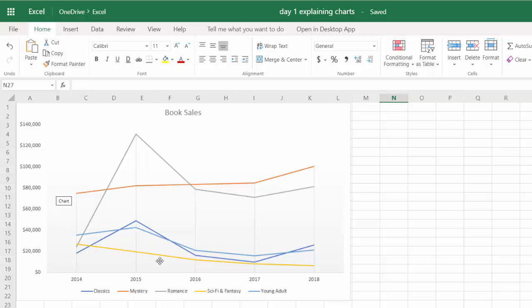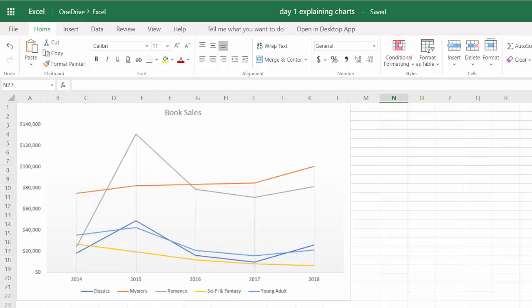And then in 2016, did sales go down? Yeah, a lot of them did. You can see these lines show that sales went down. So do you think their advertising helped them sell a lot of books? I think so, because the year they spent money on advertising, their sales went up.